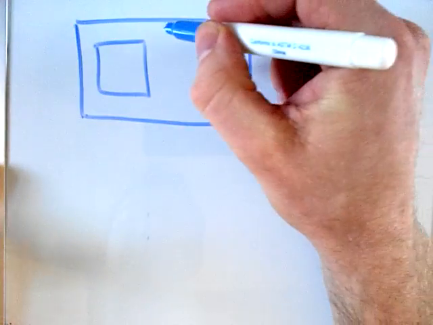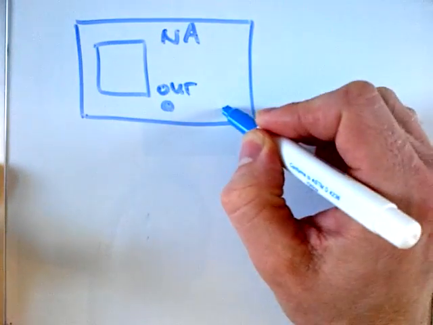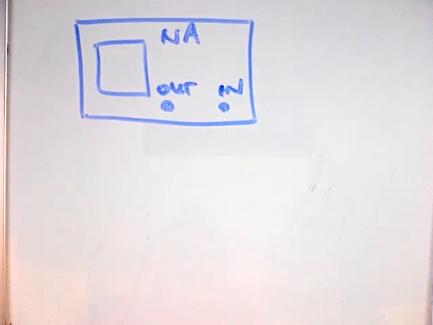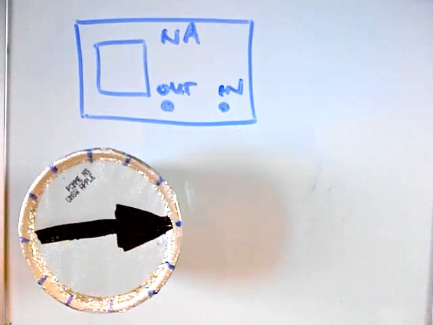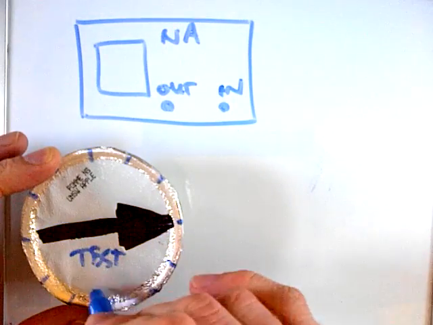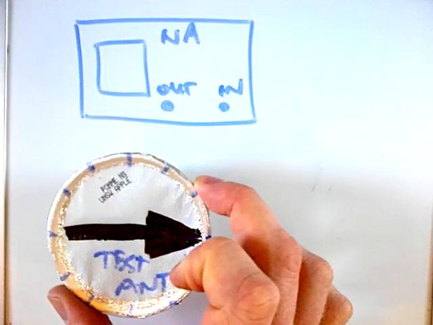So here's our network analyzer. The network analyzer will have an output port, it will have an input port. And the other thing we need is an antenna that we're going to be testing. So there's an antenna that we want to test. This is our test antenna, and it's actually a directional one because we need a directional antenna in order to